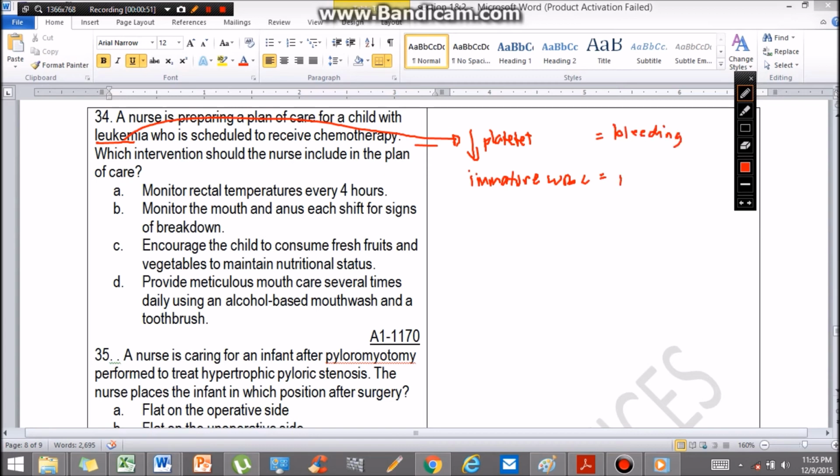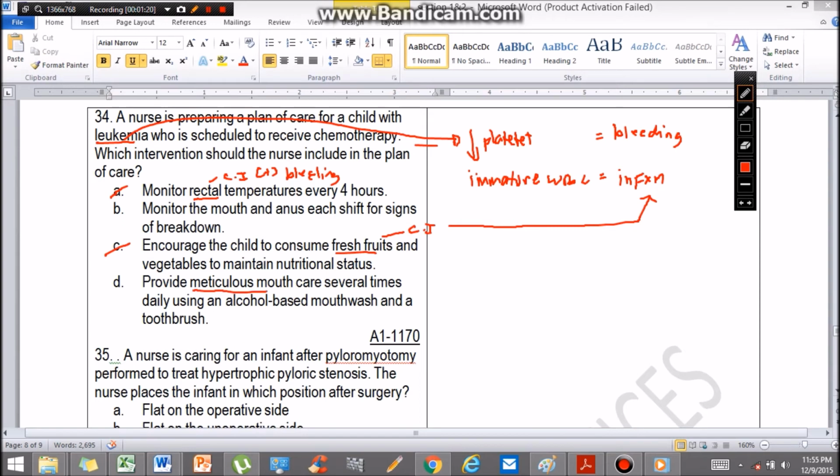Bleeding, and the client is prone to infection. So eliminate A. Remember that rectal is contraindicated in a patient who is prone to bleeding. Okay, so eliminate A. C, encourage the client to consume fresh fruit. Eliminate because this is contraindicated on a client who is prone to infection. So between B and D,